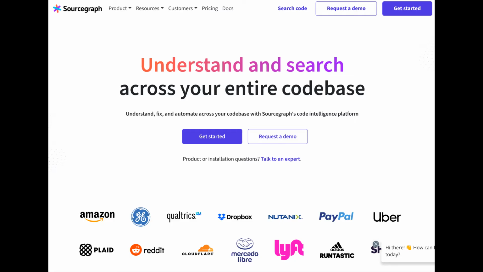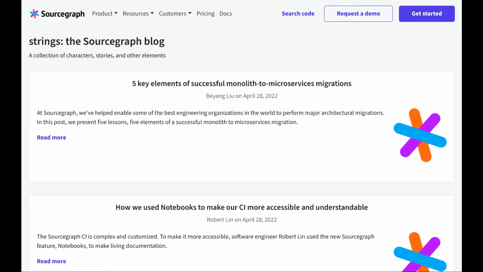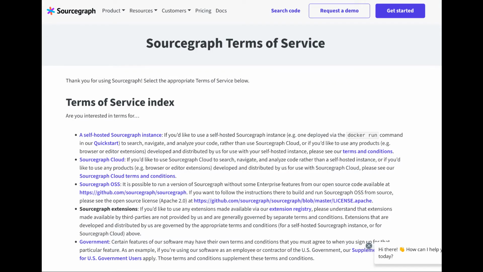Okay, on to some specific repos. The About repo contains the About website. So this includes all of the marketing pages and landing pages. The repo also contains the blog. There are some other important pages here, like the terms of service. And overall, there's a lot of content in here. And in fact, the blog content goes back quite a few years. The About website is located at about.sourcegraph.com, and the blog is at